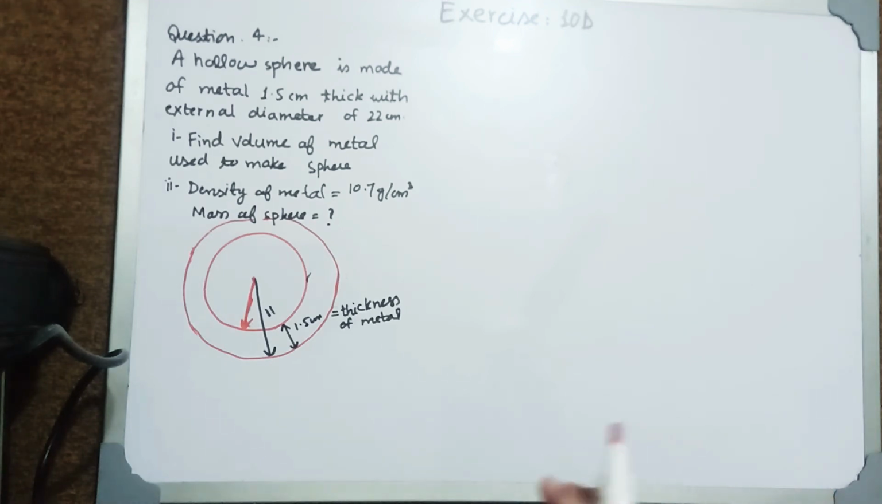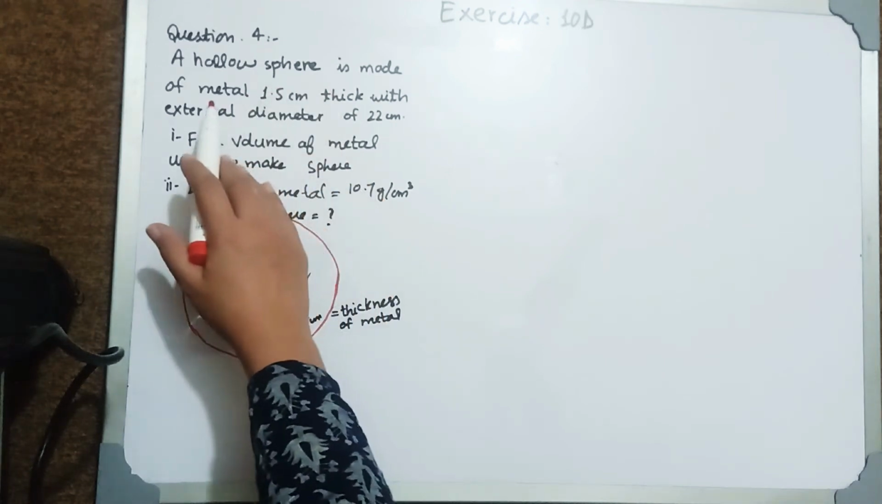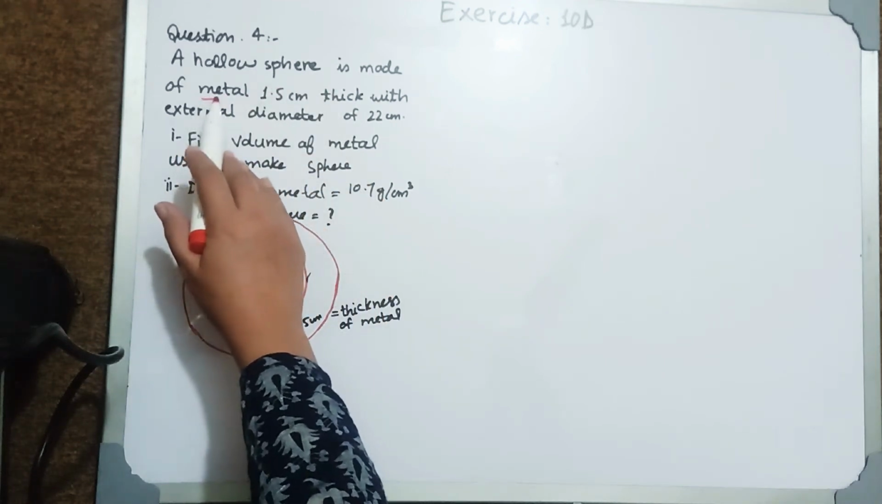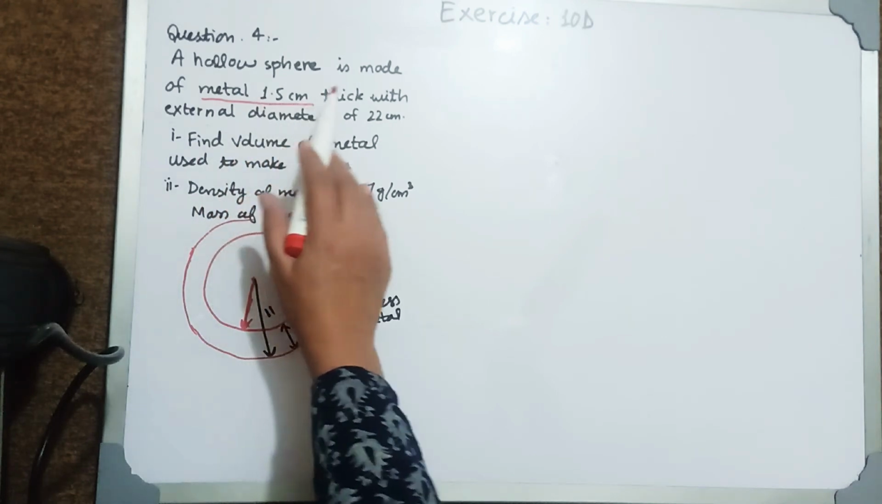So a hollow sphere is a shape that is a sphere, but it's hollow from inside, it's empty from inside, it's not filled, right? And this hollow sphere is made up of metal, right? And the thickness of that metal is 1.5 centimeter with